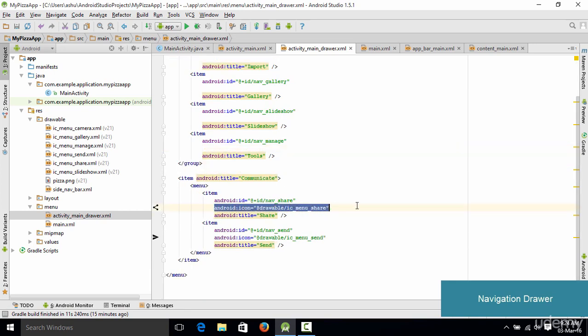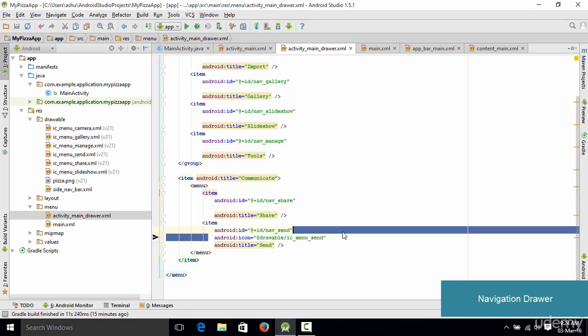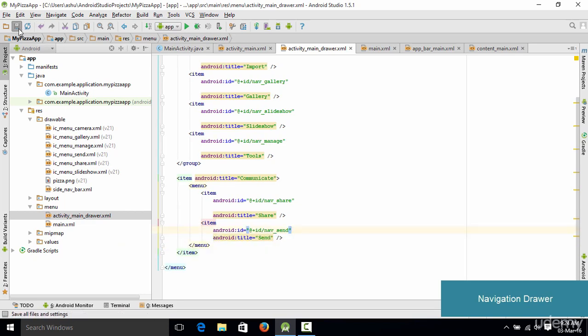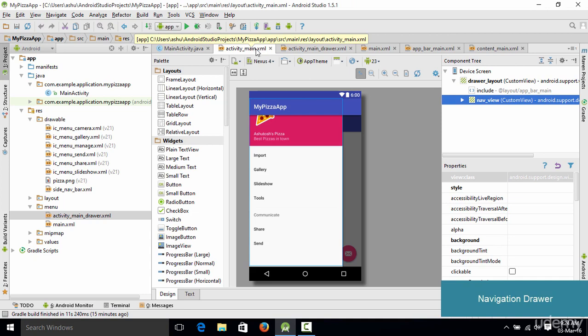Make sure that you delete these icons, and once they are deleted you could just simply save the code. And when we switch back to this thing right here, as you could see, now the icons have been removed and we only have the text which is present on the navigation drawer. Now the next thing which we wish to do is that we also need to change these items right here. So we don't want this import, gallery or slideshow, anything like that.